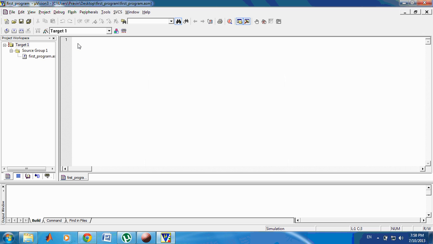Now write a simplest program. Write org. Org is the assembler directive of Keil. Say the initial address is 000H.